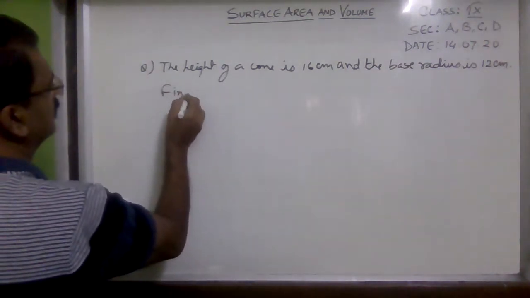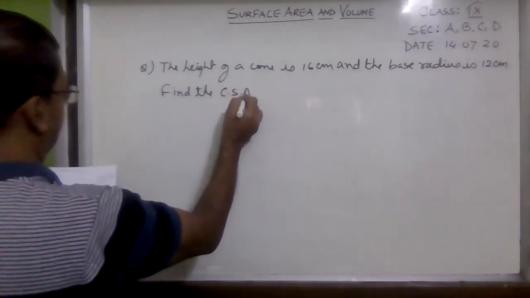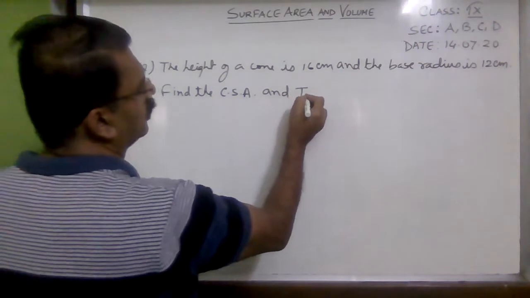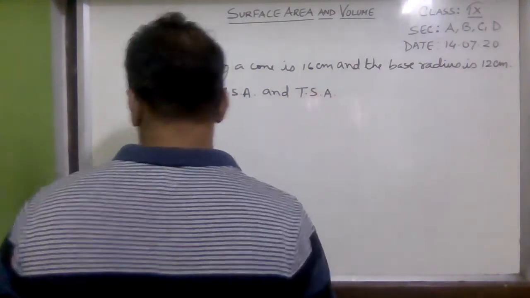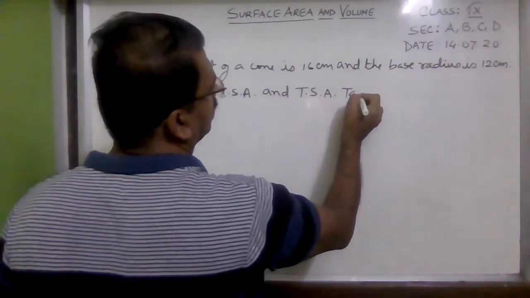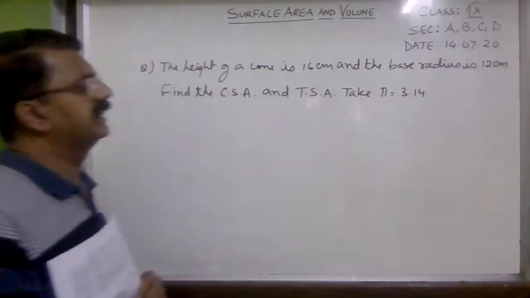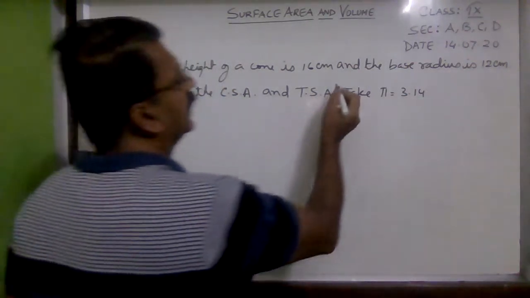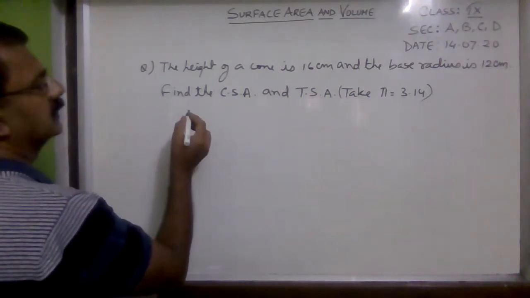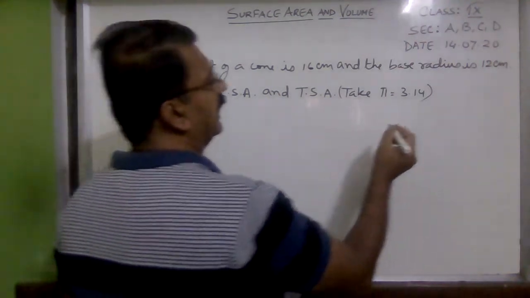Find the curved surface area and total surface area. Take pi is equal to 3.14. Now in this question they have given that for pi you have to put 3.14. Now curved surface area, first of all they have given